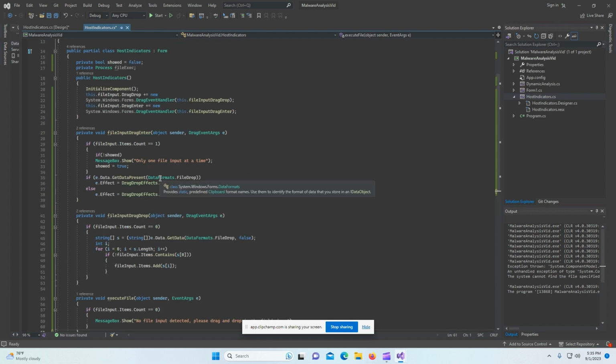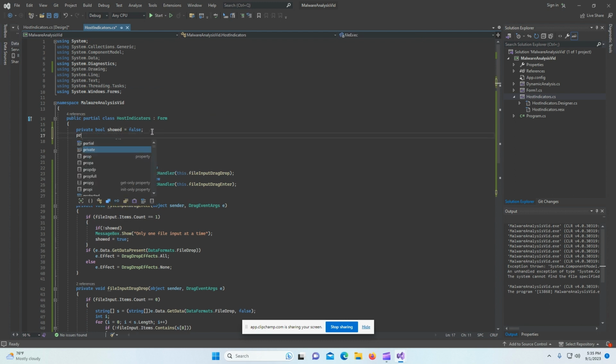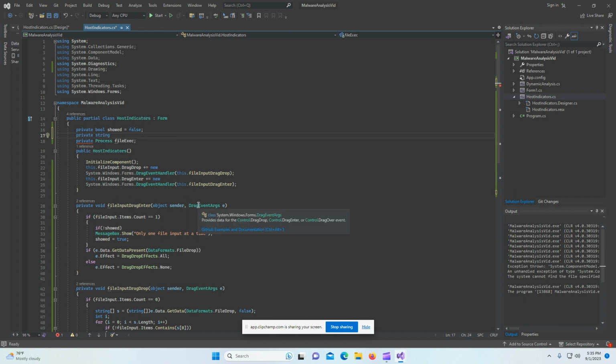For your file input string, go ahead and define a private string up here, because we want to save the instance to the whole class. So private string file path,